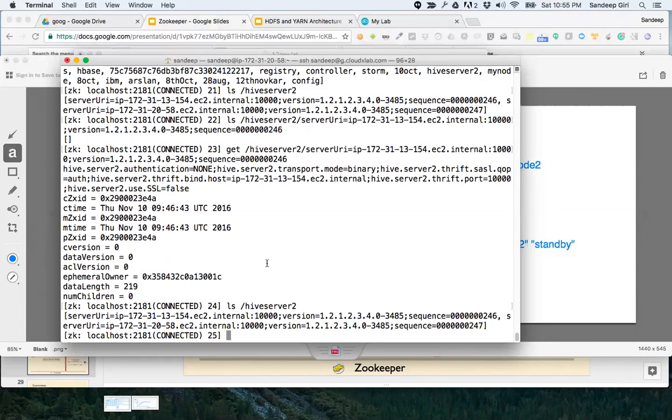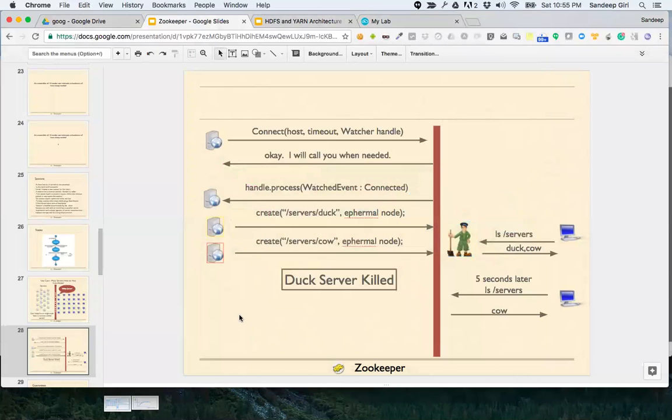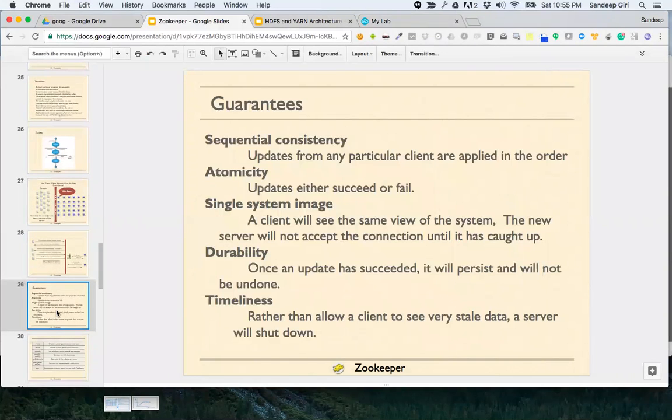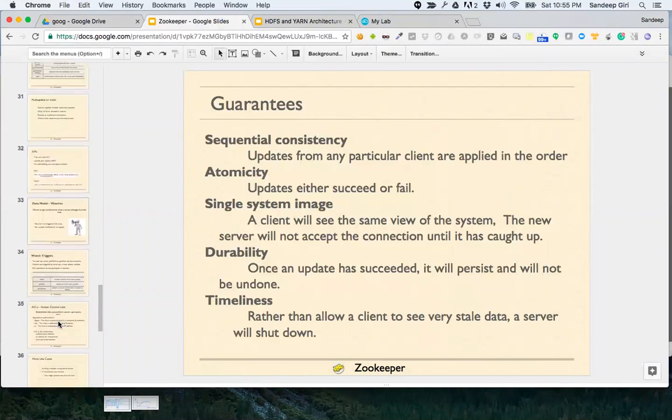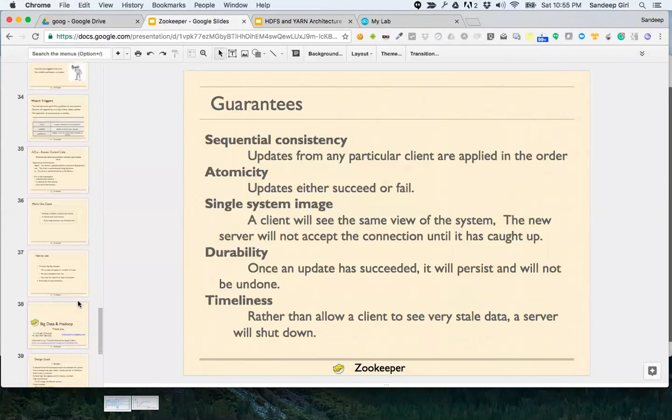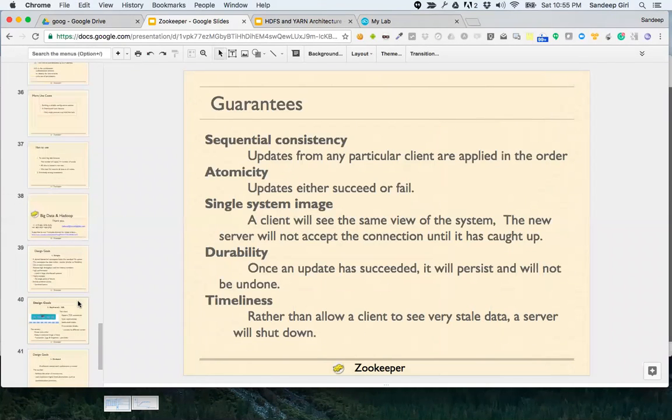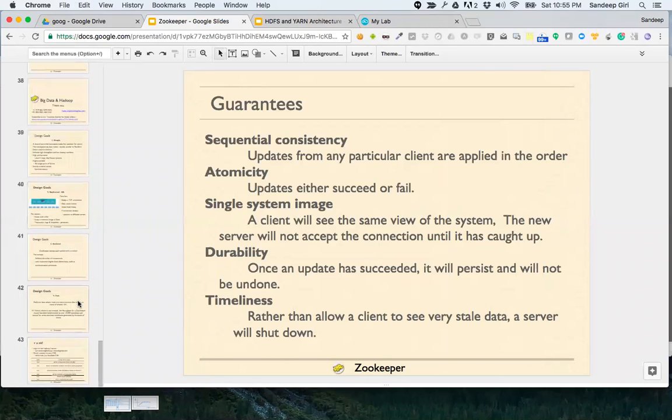For example, MongoDB follows the same design, and many other systems follow the same design. MongoDB also has the majority rule, election, and replication. So it will come to you automatically. I hope this example made sense to you. I will not go into too much detail. With this kind of knowledge, you should be able to figure out a lot of things about Zookeeper, so I'm going to skip a number of things.